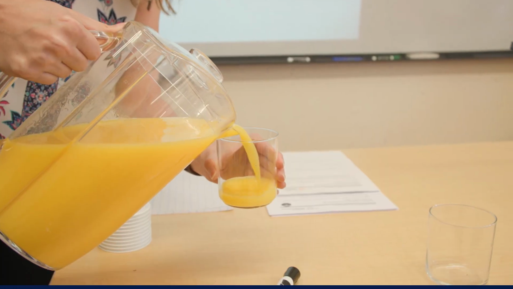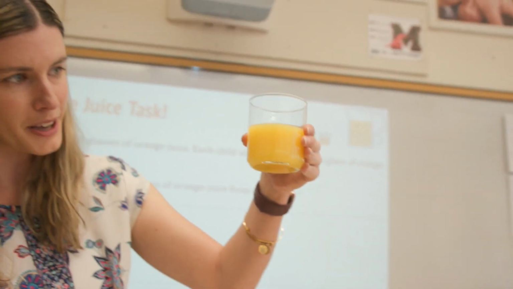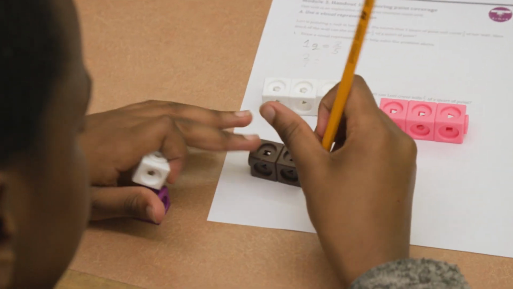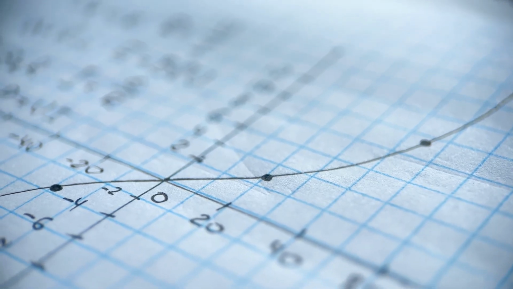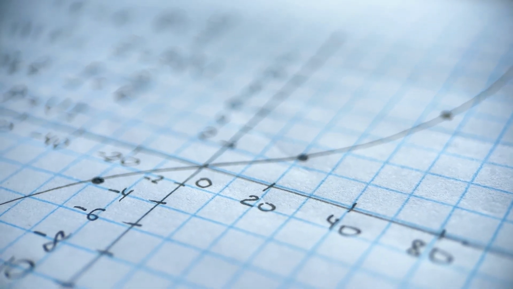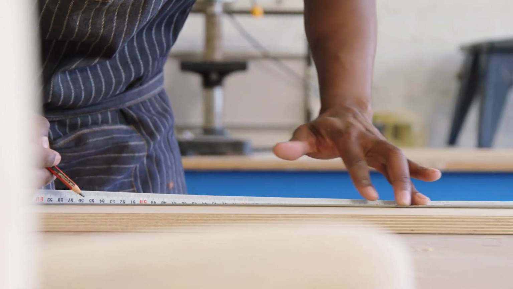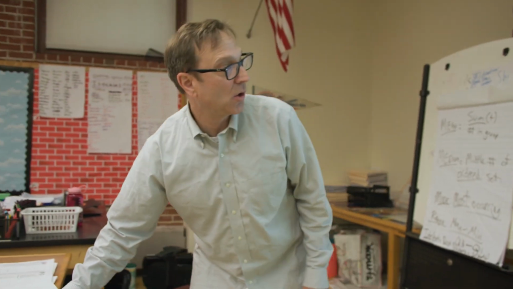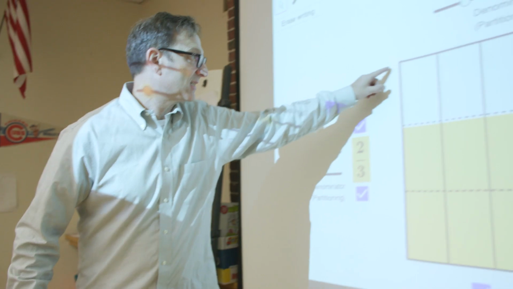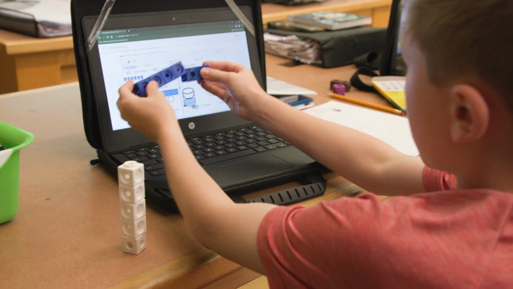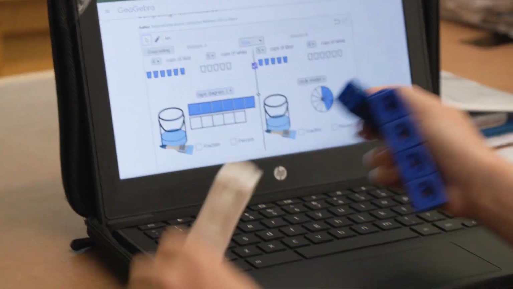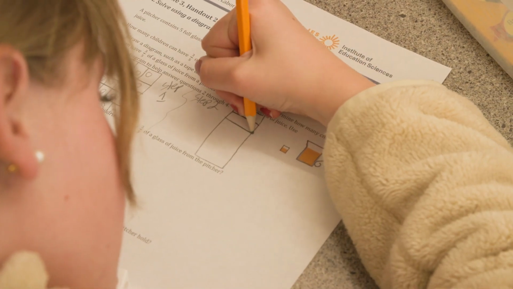Having a variety of real-world examples and visual representations will greatly support students' conceptual understanding of fraction computation, and it will provide them with a crucial foundation for later success in higher-level mathematics courses and real-life applications. In this practice guide and toolkit, you will find many evidence-based strategies and tools to help your students use visual representations to build meaning behind the procedures we use to solve problems involving fractions.